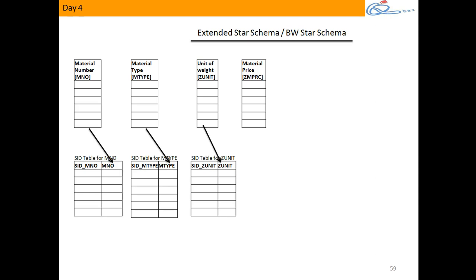Metal number column. So once I have all these 4 info objects, then what do I do? I take metal type, unit, price, these 3 info objects, and I'll model them as attributes of metal number. Once all these 4 info objects get created, I need to create a relationship between these info objects, saying what? Metal type is an attribute of metal number. Weight, unit of weight, it's an attribute of metal number. Price, it's an attribute of metal number. I need to relate them. When I relate them and start activating, then it creates that attribute table for me.